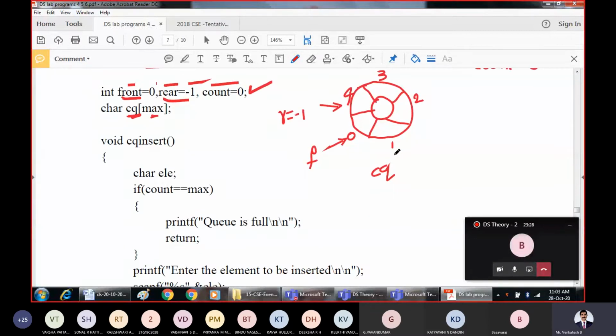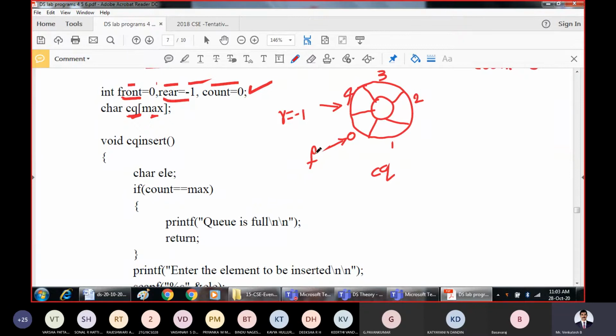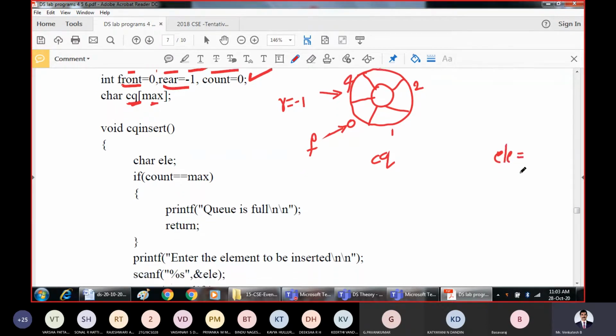This is the present status of the circular queue. There are no elements in the circular queue. Take one character variable called ELE, which is going to store the element which you want to store into the circular queue.